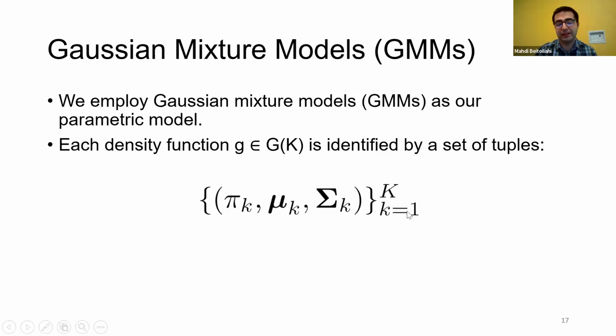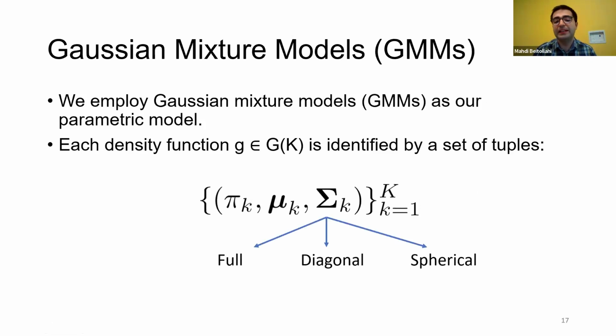The cool thing about this, if you think about it, is that we have two kinds of flexibility: in the number of mixtures, and in how we represent the covariance matrix. It can be a full covariance matrix, diagonal, or spherical. Why that matters is that we are in federated learning and communication cost matters to us. So we want flexibility in how much communication we send. Full covariance has much more communication cost than, let's say, diagonal or spherical.